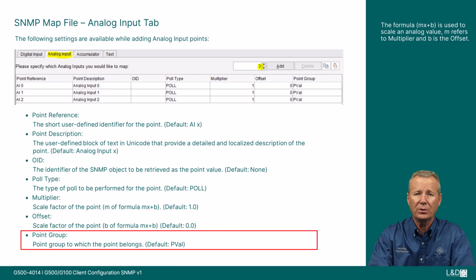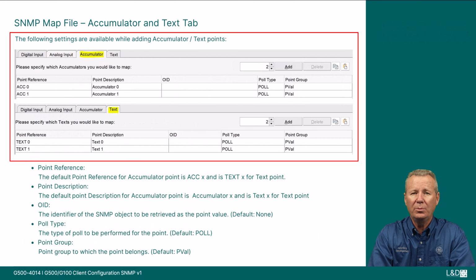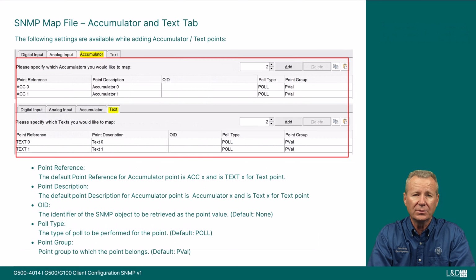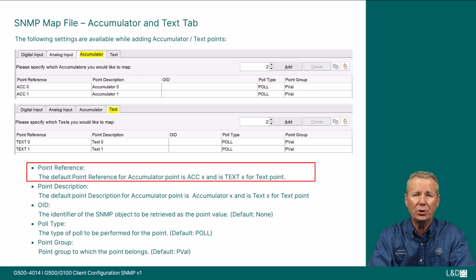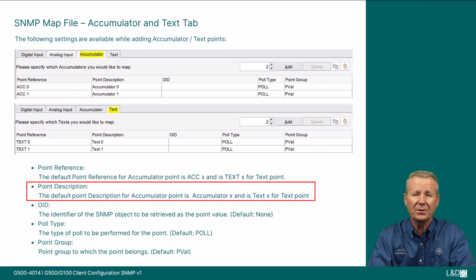Point group is the point group to which the point belongs. The default point group is pval. The following settings are available while adding accumulator and text points. Point reference is the point reference for the accumulator point, which is ACCX, and is TextX for a text point. Point description is the default point description for an accumulator point, which is accumulator X, and is TextX for a